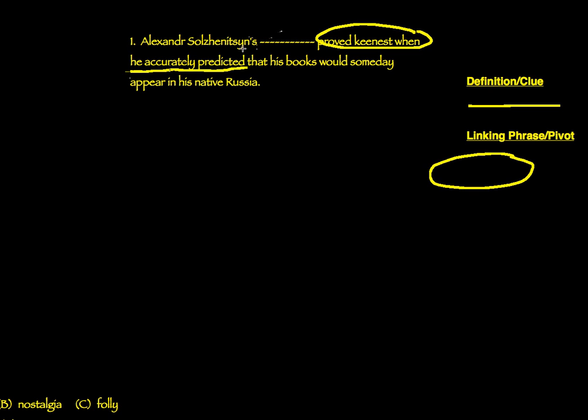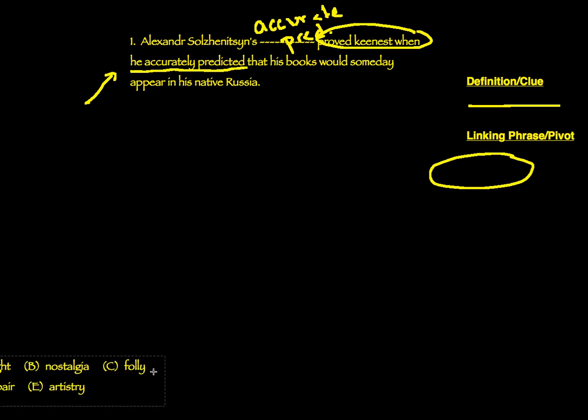So the next thing I'm going to do is write a word into that blank based on that definition. Alexander Solzhenitsyn's blank proved keenest when he accurately predicted. His accurate predictive ability proved keenest. Now I'm just going to abbreviate that. There's no need for me to write that out all the way longhand. I just need to articulate it in a way so that I understand what goes inside that blank. Now when I bring back the answer choices,